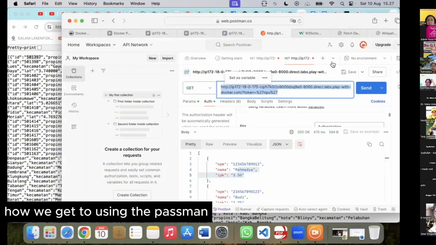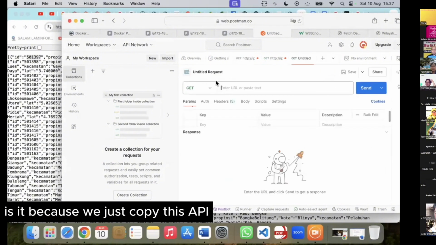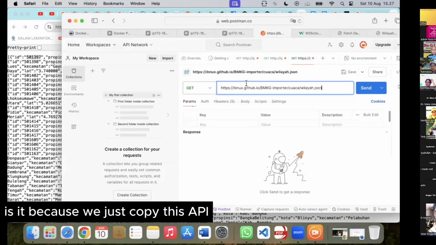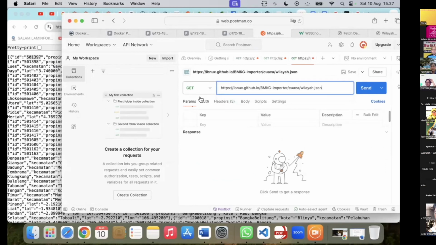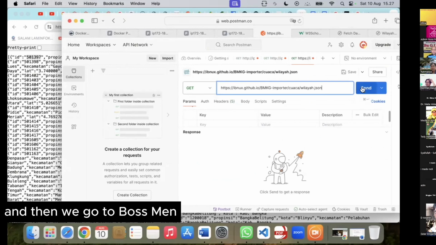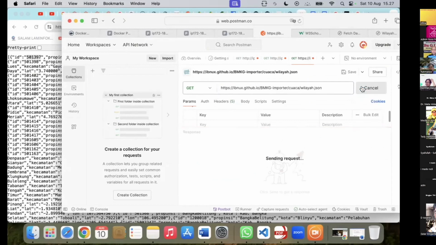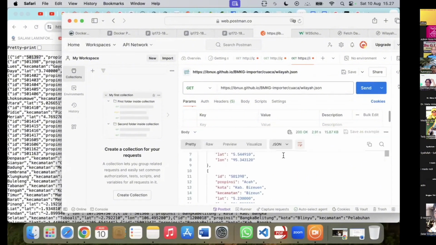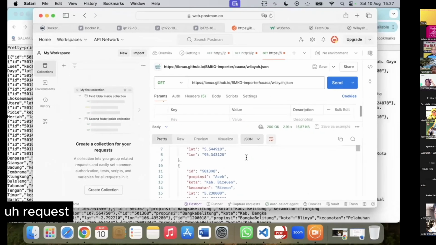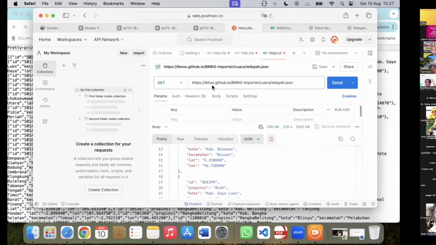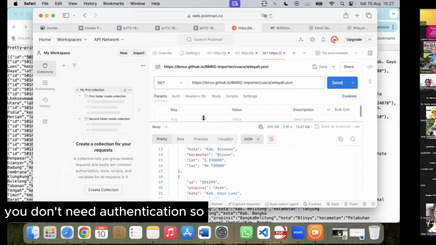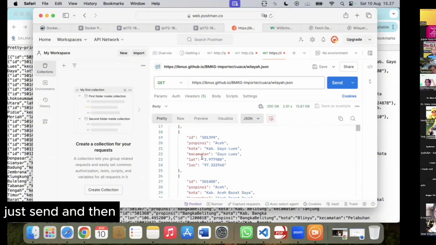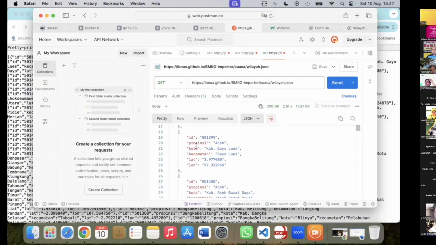How do we get it using Postman? Easy, because we just copy this API and then go to Postman. You can add a new request. You don't need authentication, so just send, and then this is the result.